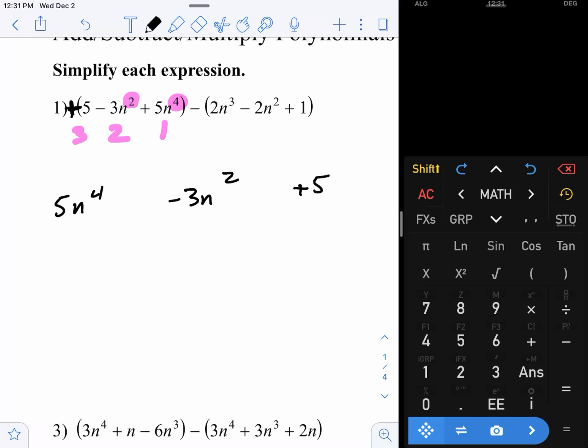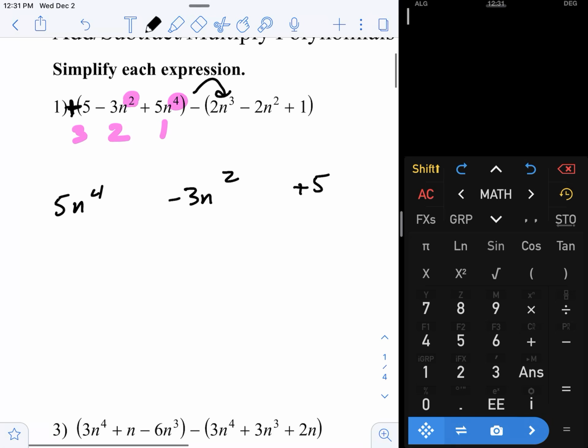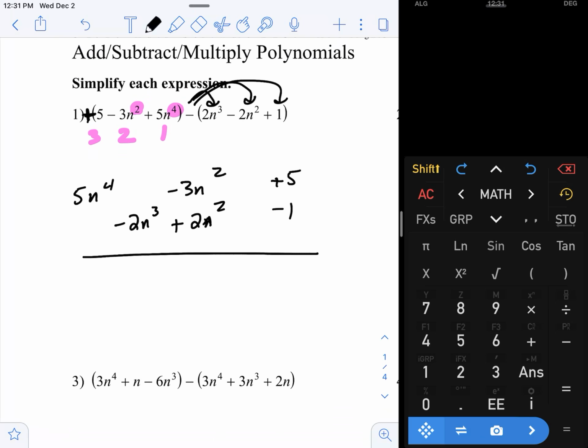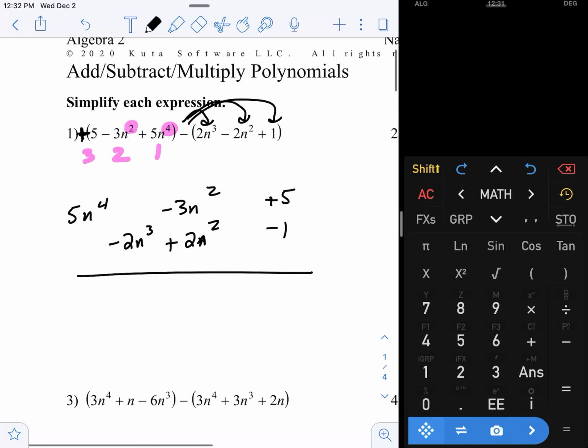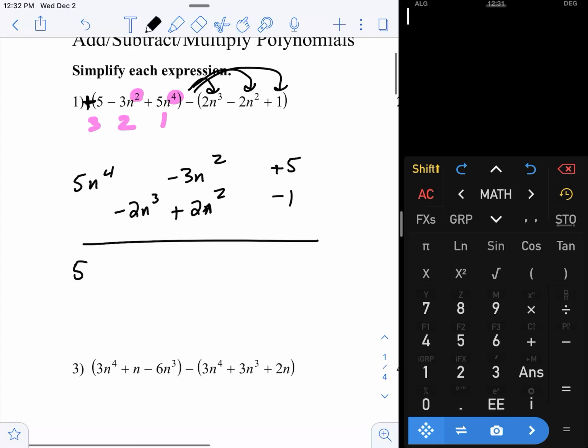Now I left some spaces on purpose because this is a third power, but we have to distribute that negative. So this is negative 2n to the third plus 2n squared, minus 1. Now notice the way I did this, I did it on purpose so that now all my like terms are lined up. So 5n to the fourth minus 2n to the third